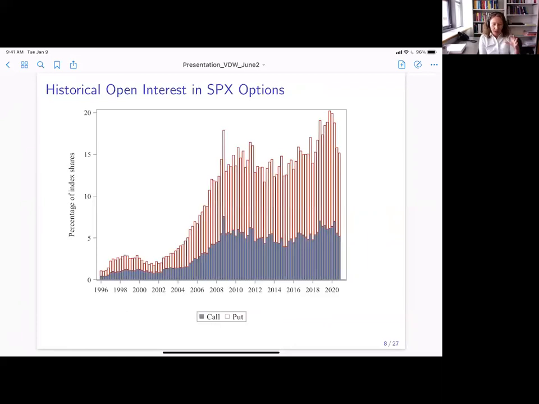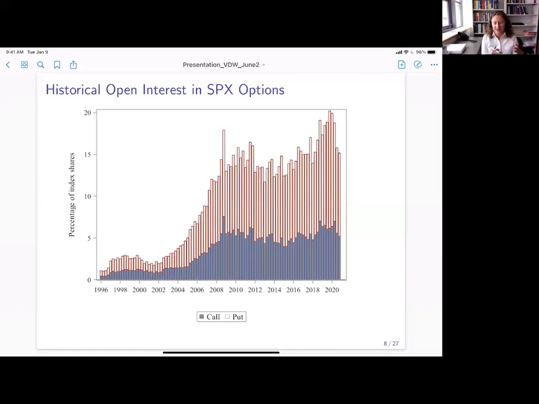And what we would like to do here is obtain a measure that's comparable to the numbers that we have in the model. So we report open interest. In the paper, you can see both the number of contracts and the index equivalent units. But in this picture on the slides, it's as a fraction of S&P 500 shares. These shares are basically computed as the market cap of the index divided by the level of the index, and it's actually stable in time. So you can see that the number of contracts doesn't really change.